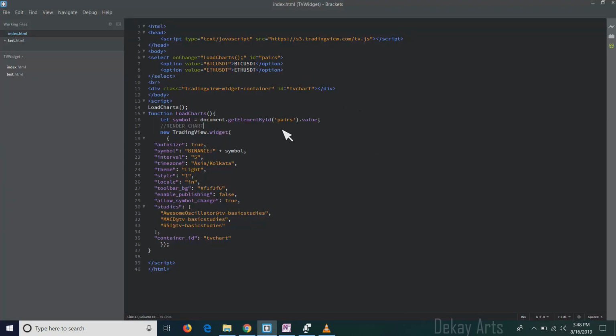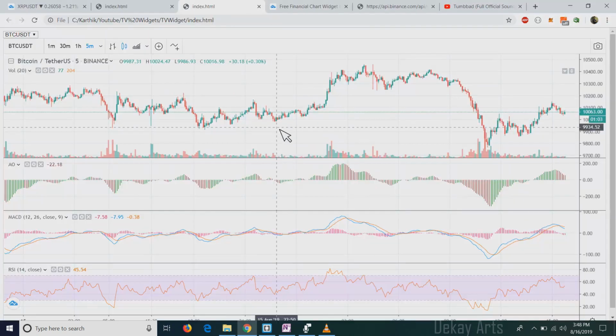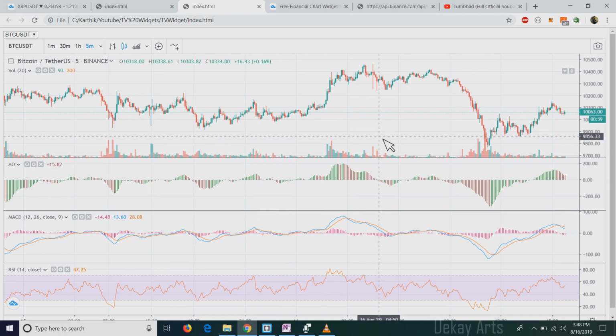One beautiful thing about this chart is that I've done a video on how you can display multiple charts on the same screen. You can achieve that functionality using this code. You can create a grid like layout and open one chart in each grid. So to create multiple charts on the same screen, you can do that as well using this functionality.